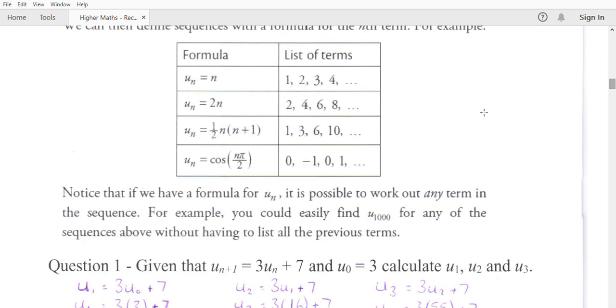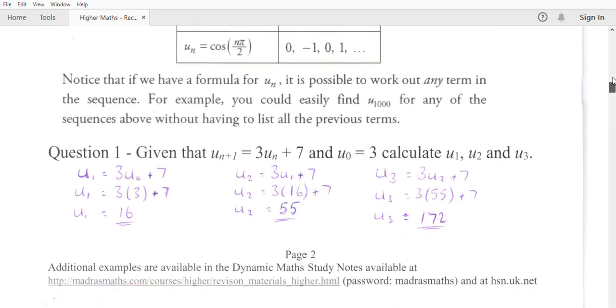So then we have the triangular numbers, which you may recognize. Un equals a half n, n plus 1. So here U1 would be a half of 1 multiplied by 1 plus 1. So it's a half multiplied by 1 multiplied by 2, which is just 1. U2, the second number in this sequence, would be a half multiplied by 2 multiplied by 2 plus 1. So a half times 2 times 3, which comes out as 3. And then if we wanted the 10th term in this sequence, we'd do a half multiplied by 10 multiplied by 10 plus 1,